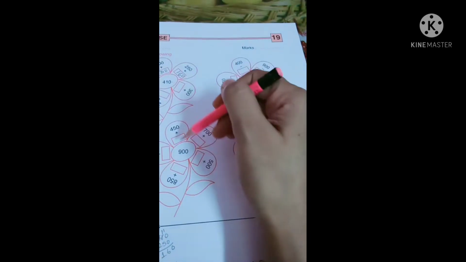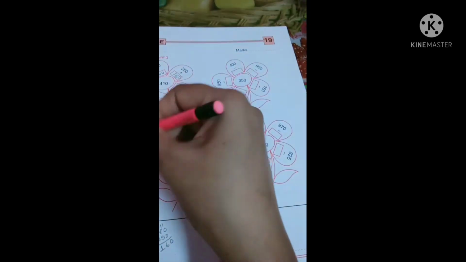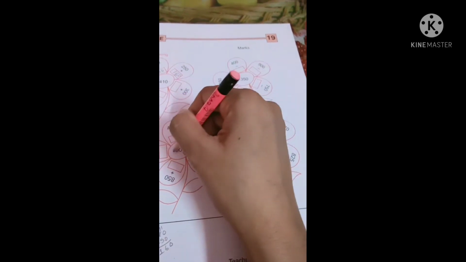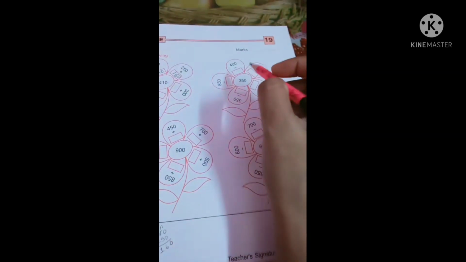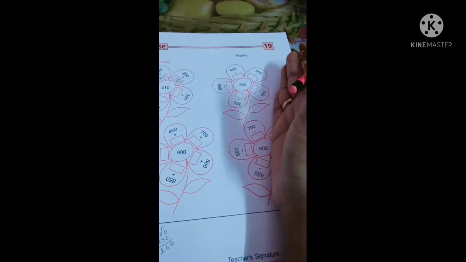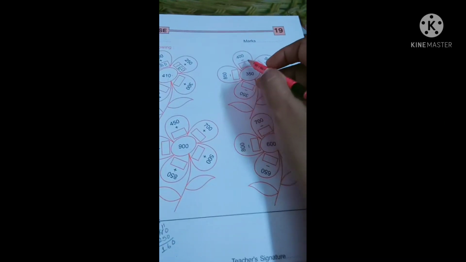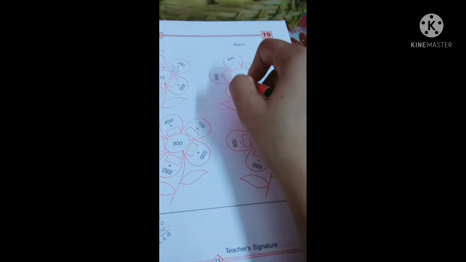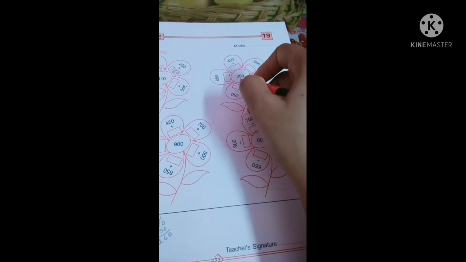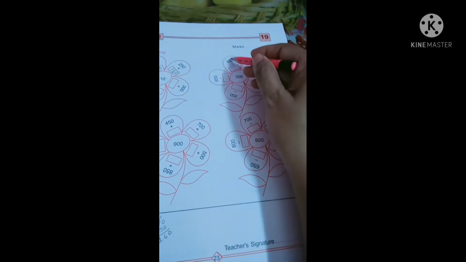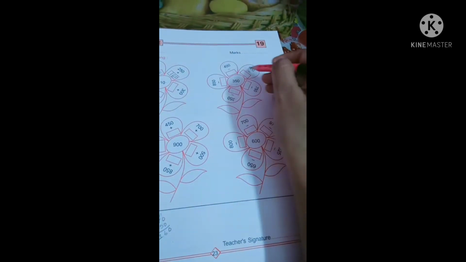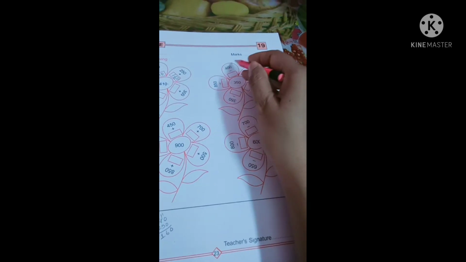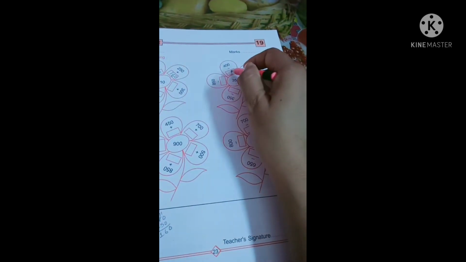Now, same thing you have to do for the next flower. This one, down one also, you have to follow the same pattern. You have to subtract the given number from the total number. Alright. Now, coming to the next flower here on the right hand side, how much to subtract from 400 to get 350? So what will you do? You will again subtract from the larger number, no? The upper ones are the larger numbers and the difference is given to you. That means you have been given the minuend and the difference. You have to find out the subtrahend.